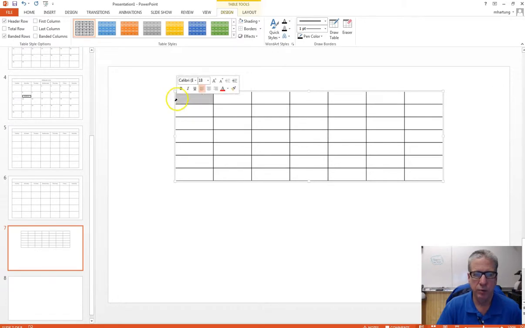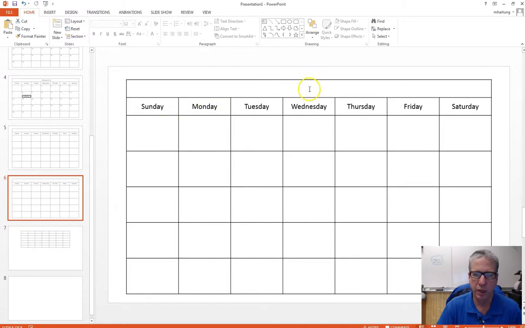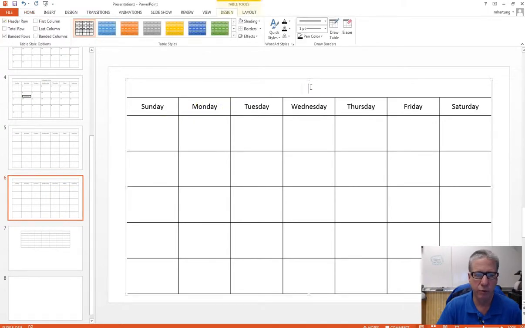And then the next thing I'm going to want to do is to change the height of these first two rows. I want to get to an effect like this where I have a little bit taller row in my first row to put in the name of my month and also for the days of the week. And then I want to create something that's a little more boxy rather than rectangular for my days of the